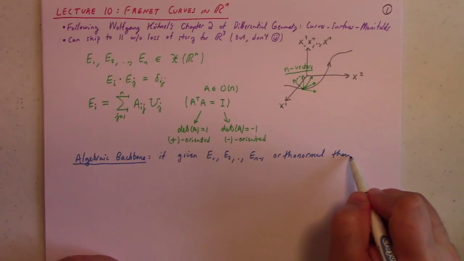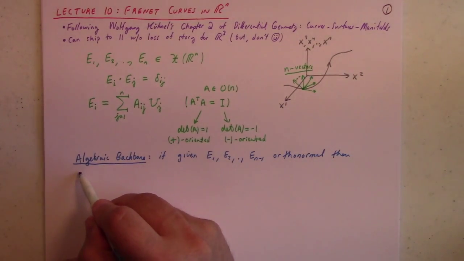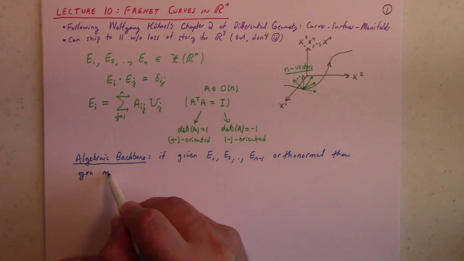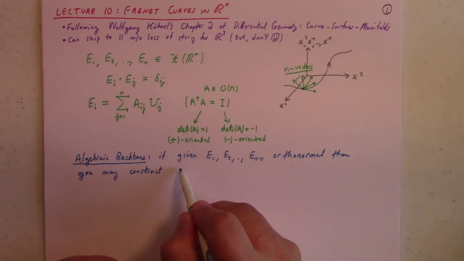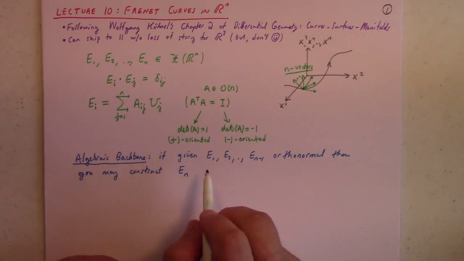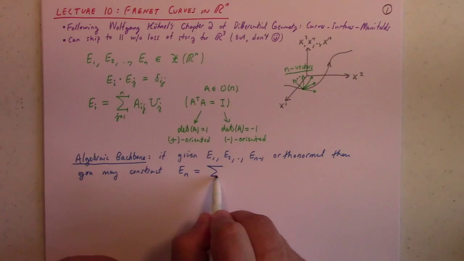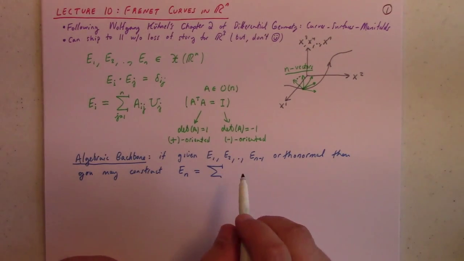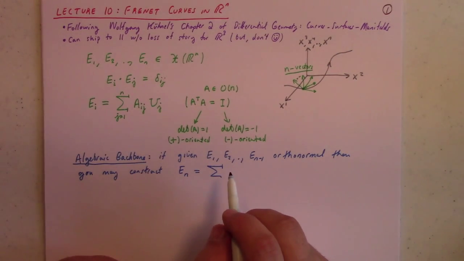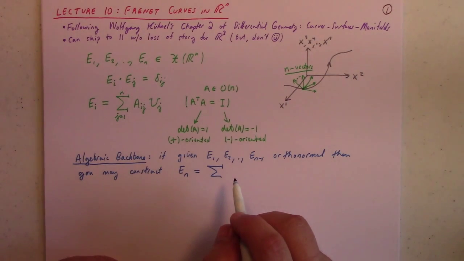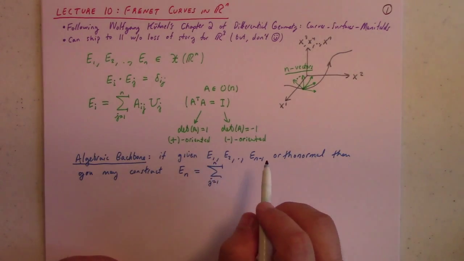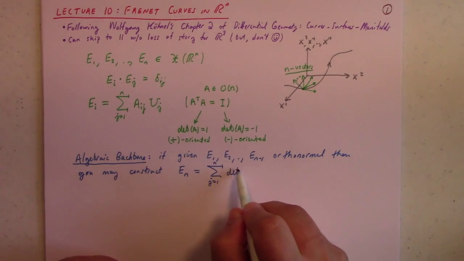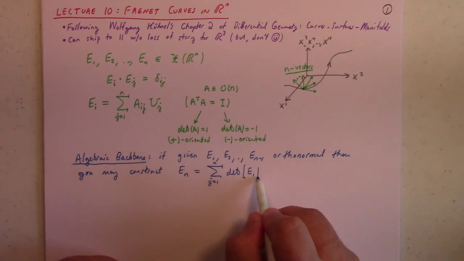Then you can construct the last one, the remaining one, En, as follows. You can just write, it's the sum, j equals 1 to n, of the determinant of E1, E2,